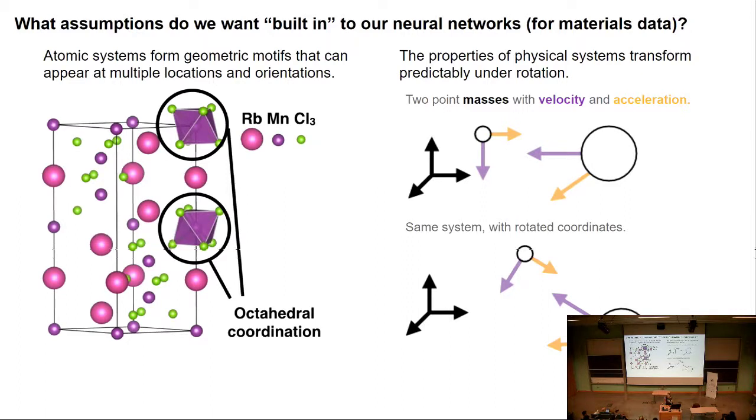So let's say I have this toy example. I have two masses, and they have velocity and acceleration vectors. Now, if I rotate my system, the masses stay the same. If that wasn't the case, that would be like the hit weight loss program in LA or something like that. You rotate and look, you're thinner. So no, masses are sadly scalars, so we can't use any rotations to change that. But velocities and accelerations are vectors, and so they do change with the rotation. So I changed my coordinate system on the bottom, and you can see that the masses didn't change, but the velocities and acceleration vectors do.